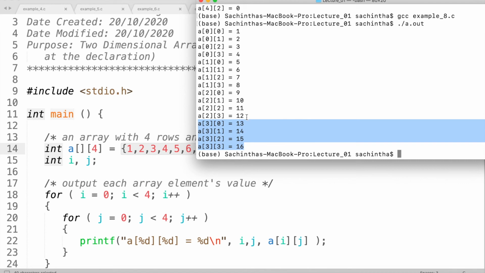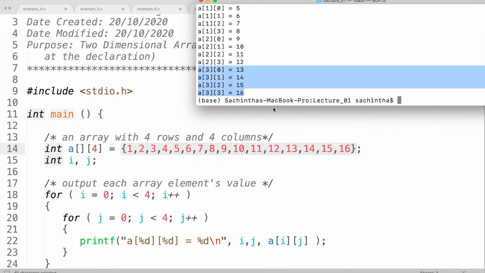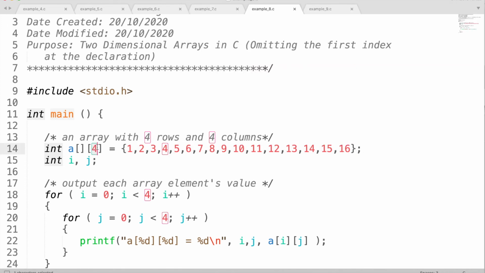The important thing to keep in mind is that you can skip your first dimension, but only if you are providing all the elements in your initialization statement. There's no way you can skip the second dimension. The second dimension needs to be there. Otherwise, if you skip both dimensions, the computer doesn't know how to divide these elements into columns and rows. But if you specify columns as 4, then it knows each row needs to have 4 elements.